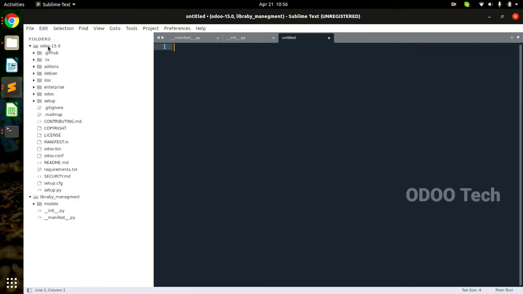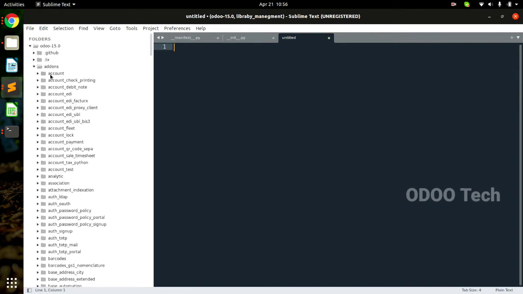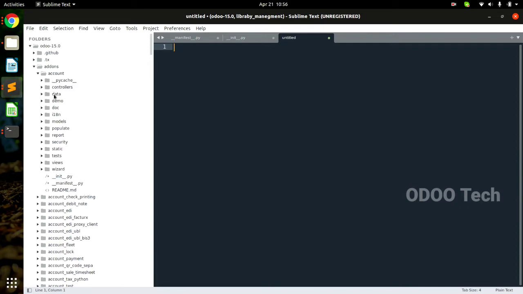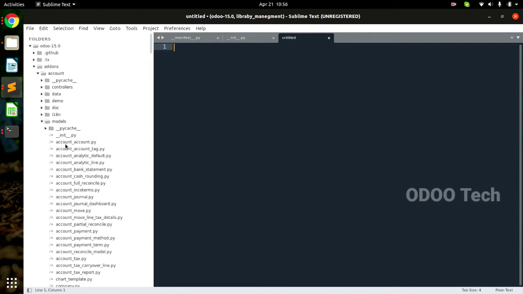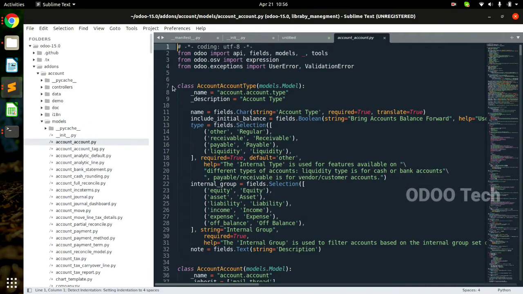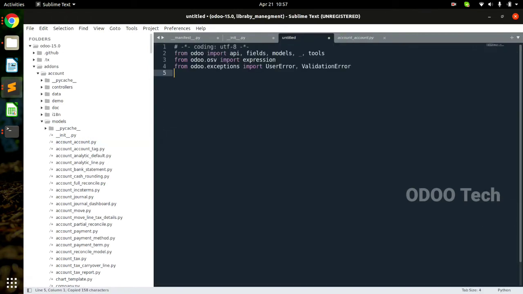So how to write a first model file? We go to the default add-on, open the models folder and open any Python file. Here you can see the encoding line is there and then the import statements. So I'll copy the import statements and paste them inside our file.